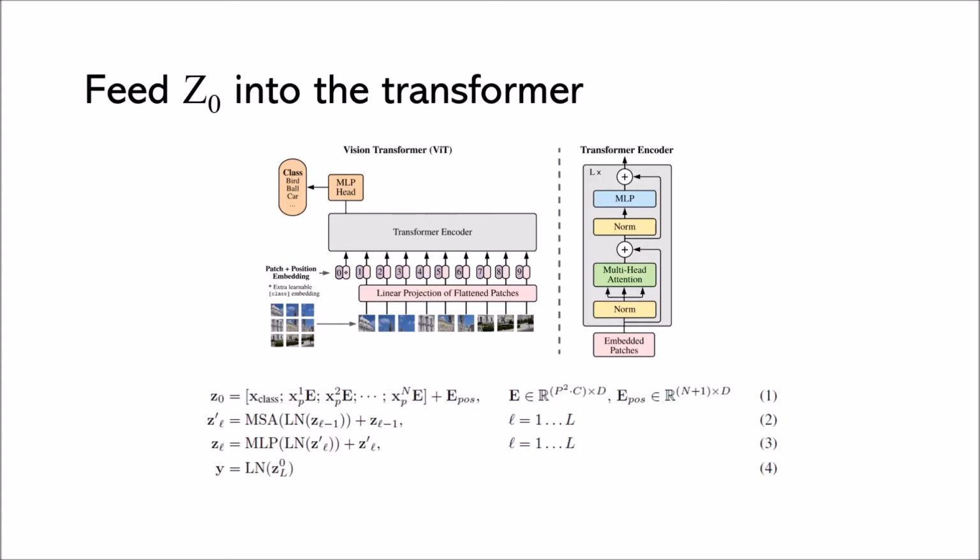So after we do the patch embedding and the positional embedding, we will get this z0. As you can see, this is the patch embedding and positional embedding, and then we feed it into the transformer. So this is equal to this, which is the multi-headed self-attention, and before that we have the norm layer, and we feed it, and then this is the same with this. So this is the MLP with the same norm layer, and then this is for the output. And note here we have L transformer encoders, so we have L stacked encoders.